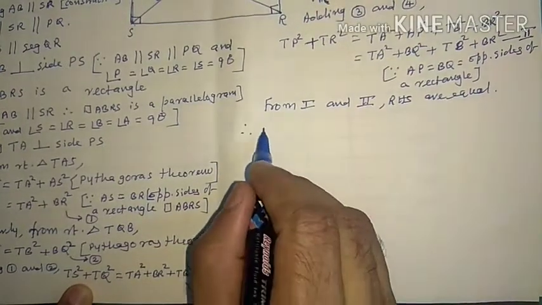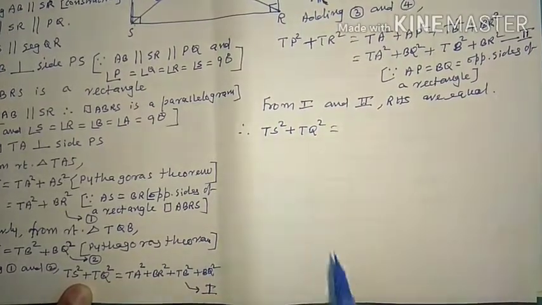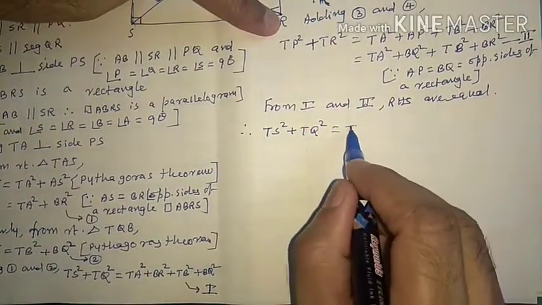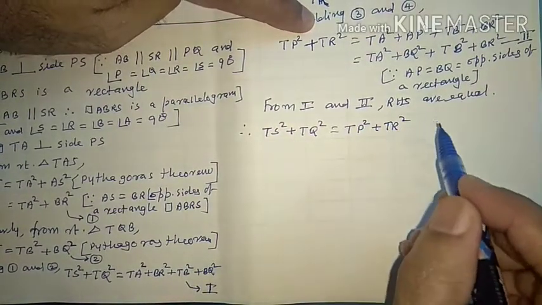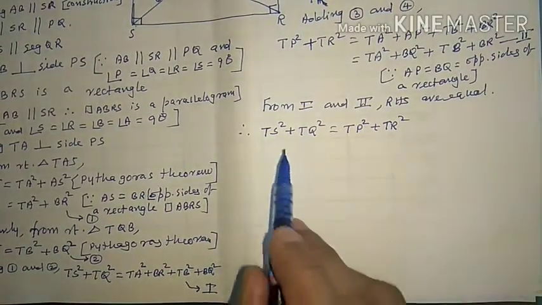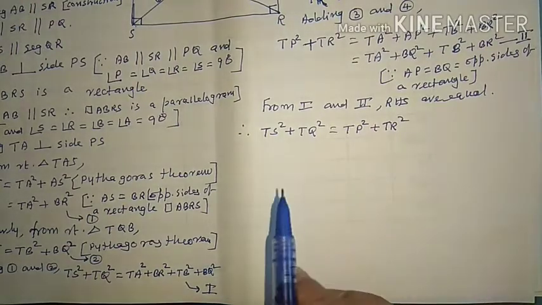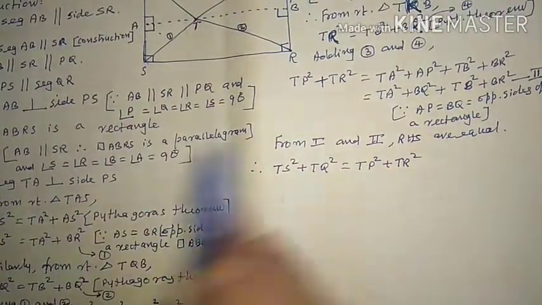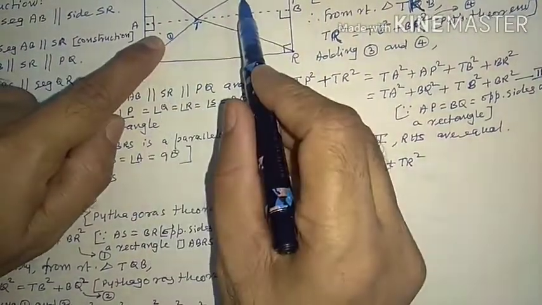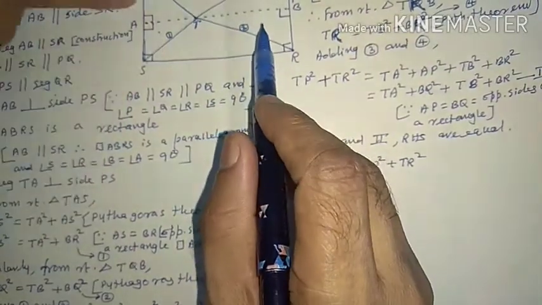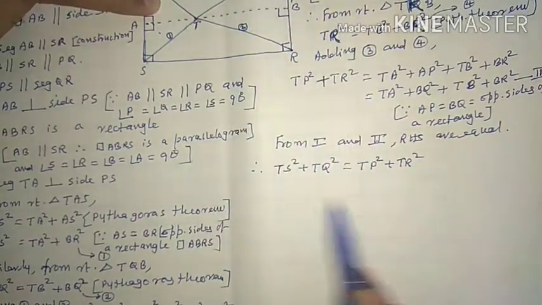This left hand side is what? TS square plus TQ square is equal to, this left hand side is TP square plus TR square. This only we have to prove: TS square plus TQ square is equal to TP square plus TR square. What we did here in this problem is a slightly difficult, longer procedure. 4 right angled triangles we have to consider. From these two Pythagoras theorems, we get the left hand sides. From these two we get Pythagoras theorems using the right hand sides of the required part.